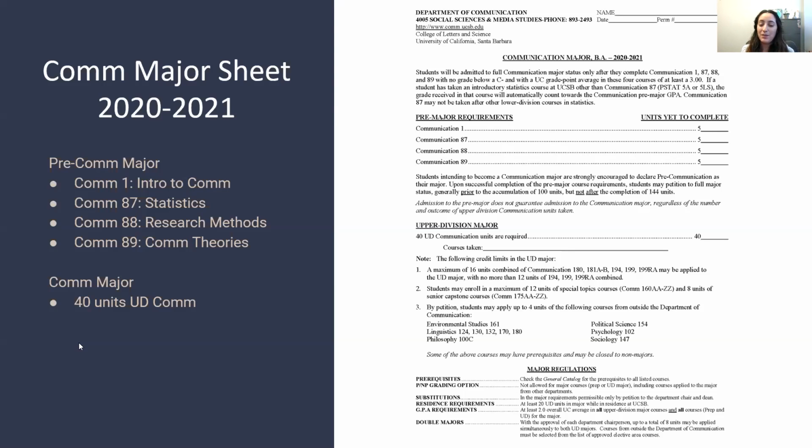Some classes might be restricted to their majors only, like for example, this political science class. Maybe only poli-sci majors can take that. So if you were to double with comm and poli-sci, then you might be able to take that. I can't speak for all of those classes because I don't know the individual restrictions for each of them. So it's up to you to check GOLD and see if they're offered, and if they are offered, what restrictions and prerequisites they may have.